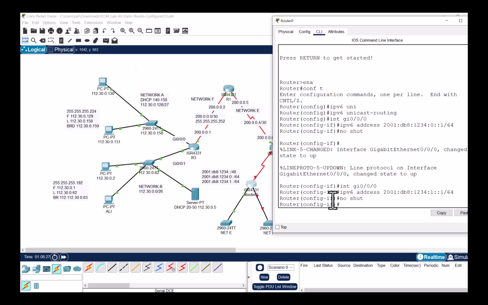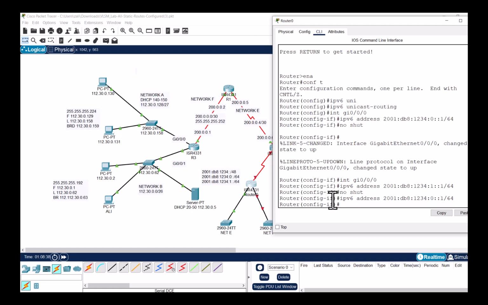Oh, I made a mistake. I did not go to GI001. So now I need to repeat both of them, actually, because I am in GI000. So this is my network here. Now I need to go